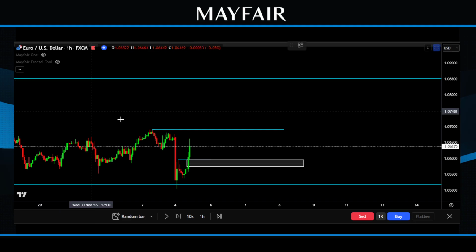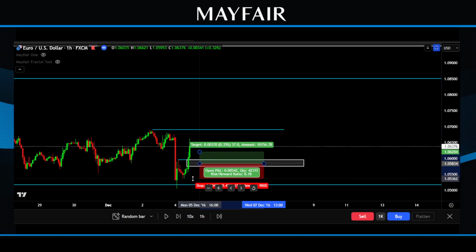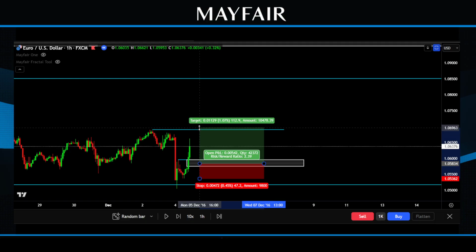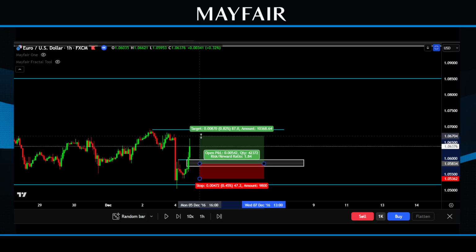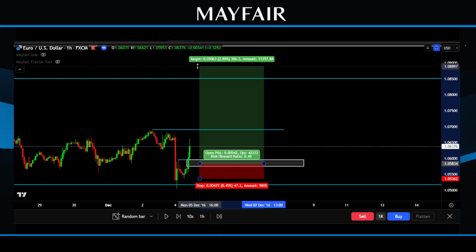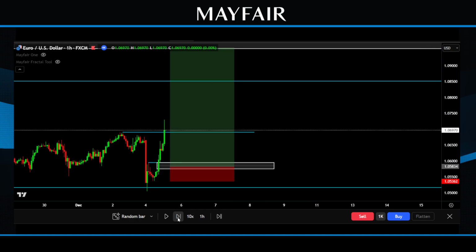If I was to take a long position there, I'd love to see the price come back in. Probably going to put my stop loss just under these pips here, right? And then ultimately, I've got this one as target 1, this one as target 2, this one as target 3, and we could obviously play that. So let's just say we put that all the way up there for now. Now, if we were to get a pullback to this region,